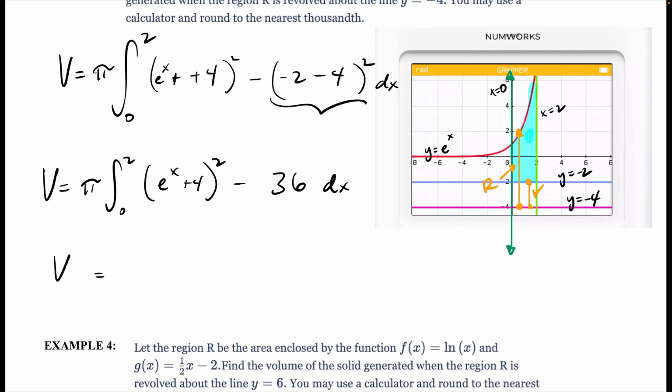Wait, no, sorry. I messed up. It's -2, but then you're subtracting what? Negative -4. So it's actually going to be +2 squared, which would be 4. Yeah, sometimes those negatives. Okay. So when you put that in your calculator, you will get